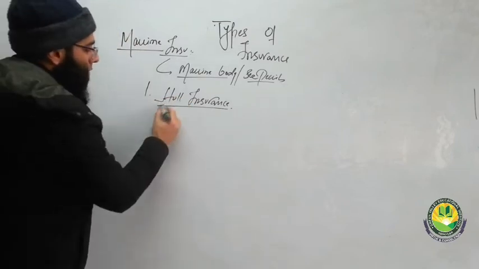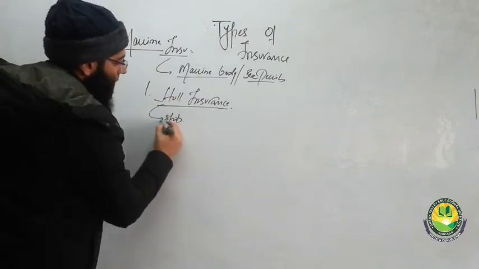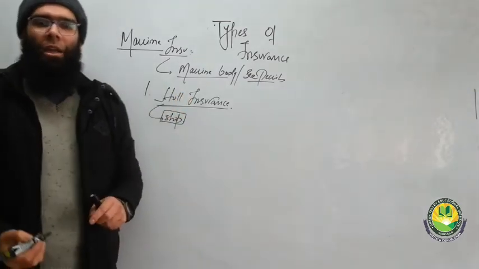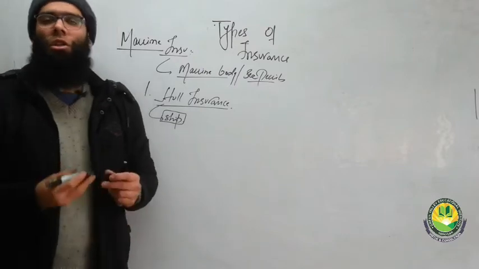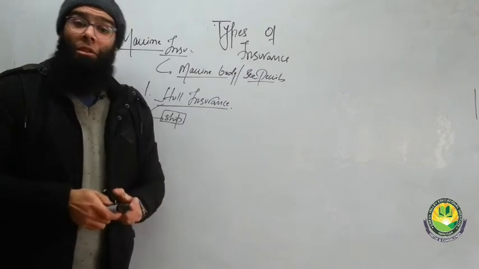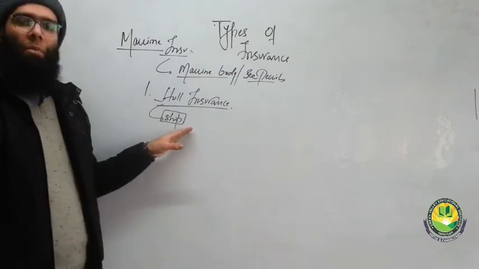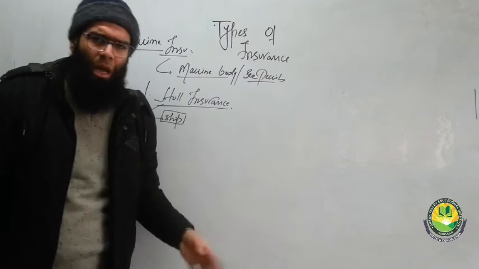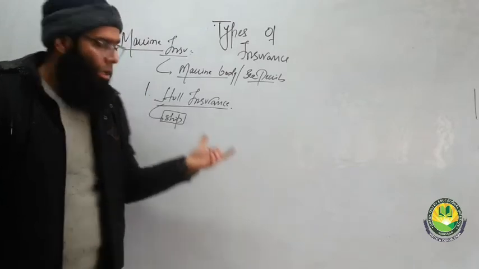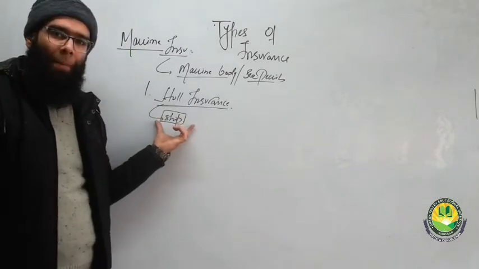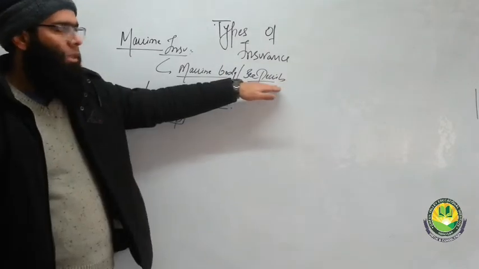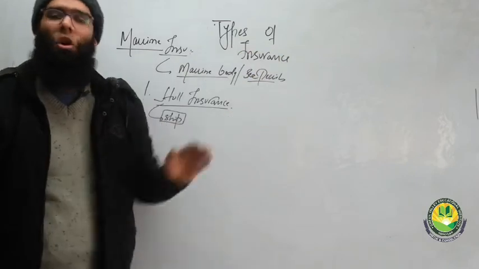Hull is a technical term for the ship. So the ship which is carrying the goods, let's say from an Indian port to Saudi Arabia or some other country, has to travel a long distance. There is a possibility that the ship might be damaged, maybe because of some iceberg, maybe because of some pirate invasion, maybe because of some turbulent weather there. So the ship which is damaged will be covered under hull insurance. So any damage caused to the ship by sea dangers shall be compensated.